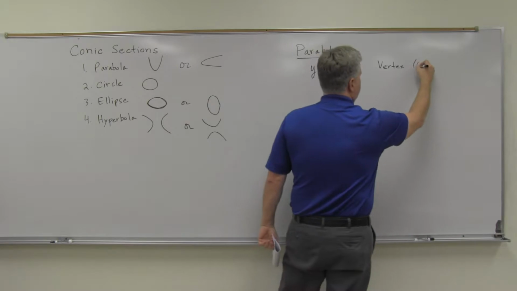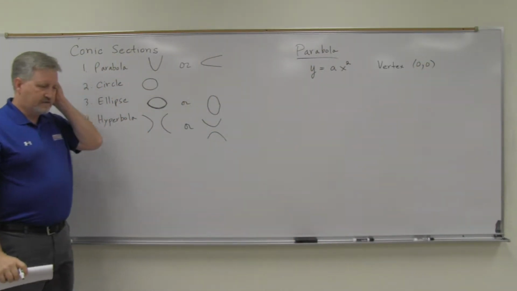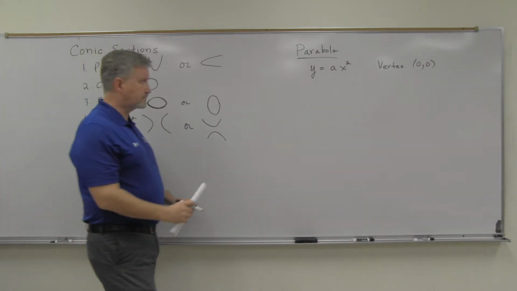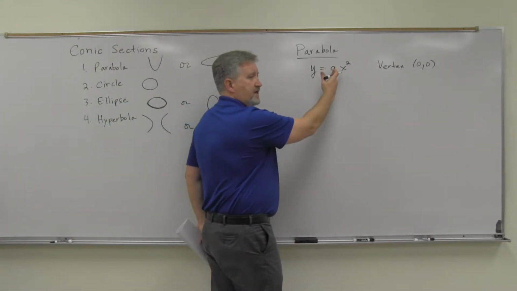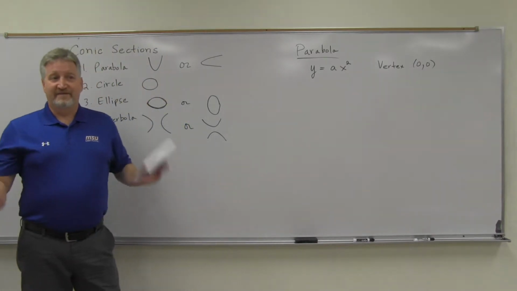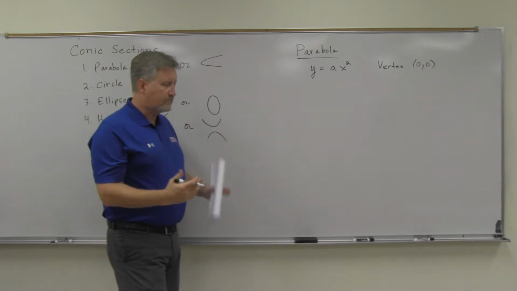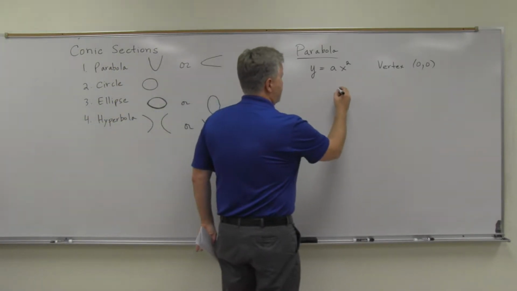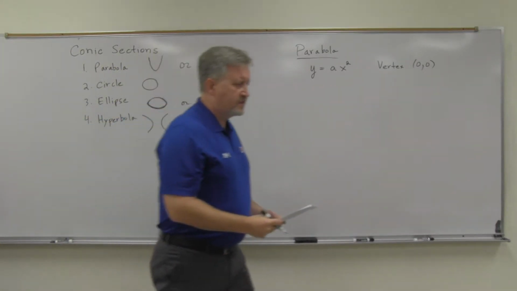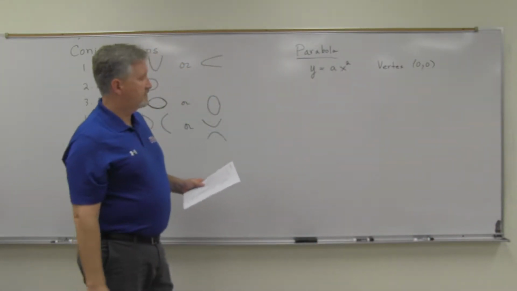We'll shift some things around, but for today, our vertex, we'll start with 0, 0. Now the a, of course, that tells me opens up or down, right? This is a little bit of review. It tells me whether it opens up or down, but it also gives me what is known as the